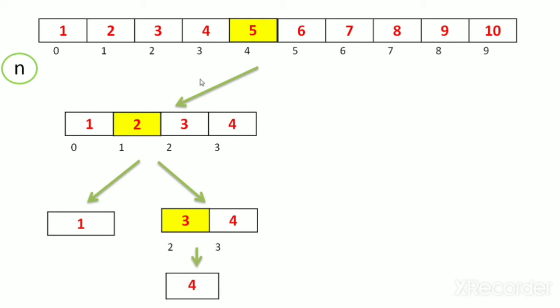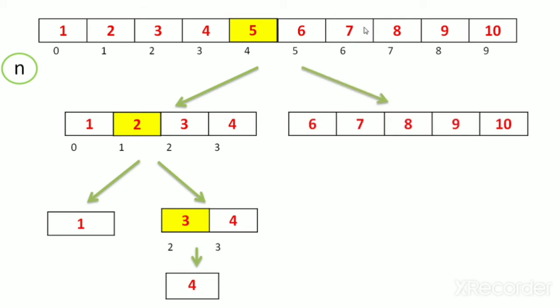Then initially, if n is greater than 5, it divides the right half, as I said, then again calculates the middle of this, and again checks if n is equal to 8. If n is not equal to 8, then it checks if n is smaller than 8, then divides the left half, then again checks the middle, then again checks if it is equal to 6. If it's not, then again checks smaller or greater. If it's smaller, then not found, because there are no elements less than 6 satisfying the condition.